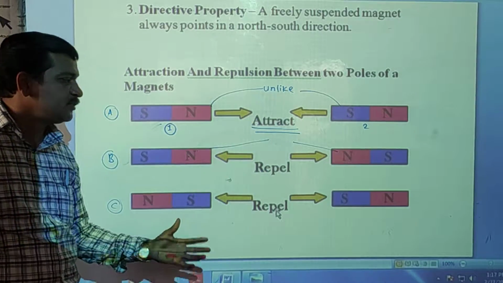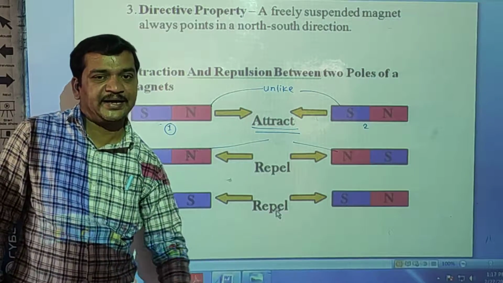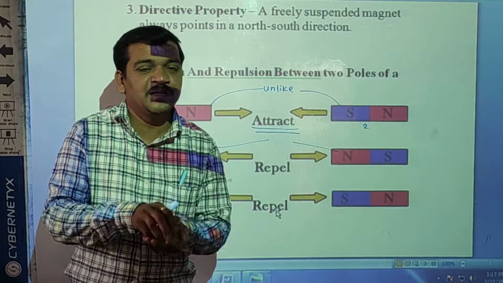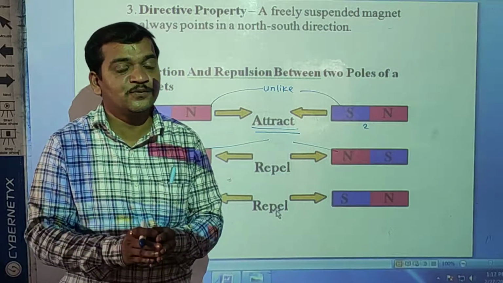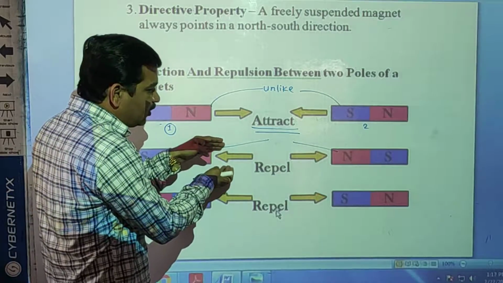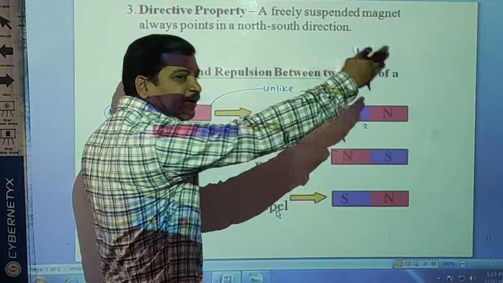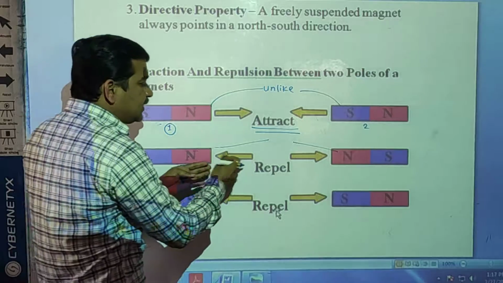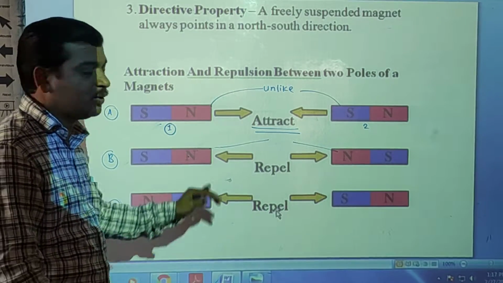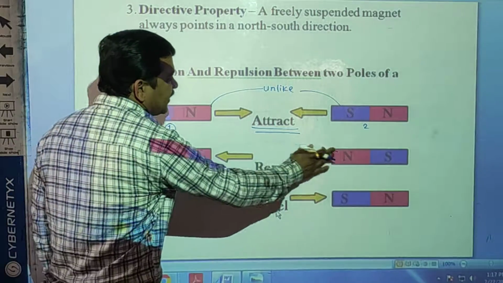That is why there will be an attractive force or repulsive force. If they are same, then there will be a repulsive force. They repel each other. If you take this magnet forward, what will happen? This magnet will automatically move forward because there is a repulsive force. They never come close to each other. Now this is called a repulsive force.